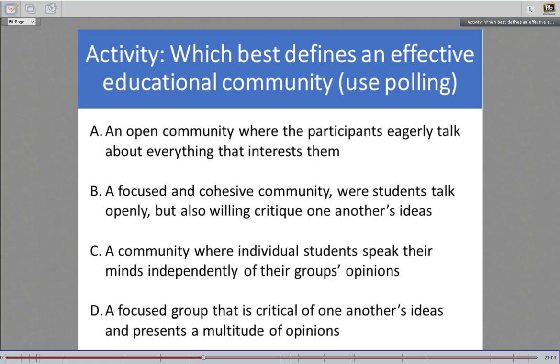B: A focused and cohesive community where students talk openly but also willingly critique one another's ideas. C: A community where individual students speak their minds independently of their group's opinions. D: A focus group that is critical of one another's ideas and presents a multitude of opinions. Which do you think might be the one? If you were trying to build a social presence for a blended or online class, which would you think is what you want?